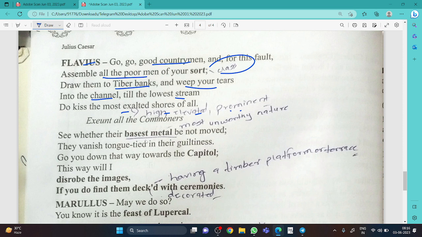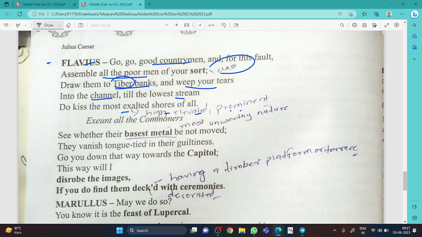Tiber is a river in Rome, understood? It's a kind of hyperbole that has been used. How can anyone weep in such a way that the lowest stream rises to the top? How is it possible? Anyway, by giving a warning,